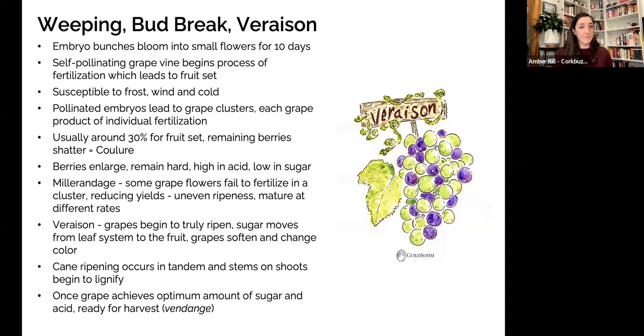So these pollinated embryos lead to grape clusters. Each grape is the product of individual fertilization. This is why you usually see around 30% of the actual berries or the fruit set become healthy grapes that we use for wine production. The remaining berries will shatter. We call this coulure. And you can see this on grapevines where you have some berries, but still some flowers that are falling off, right? Or you might see a grape bunch that has unripened grapes that didn't really set,